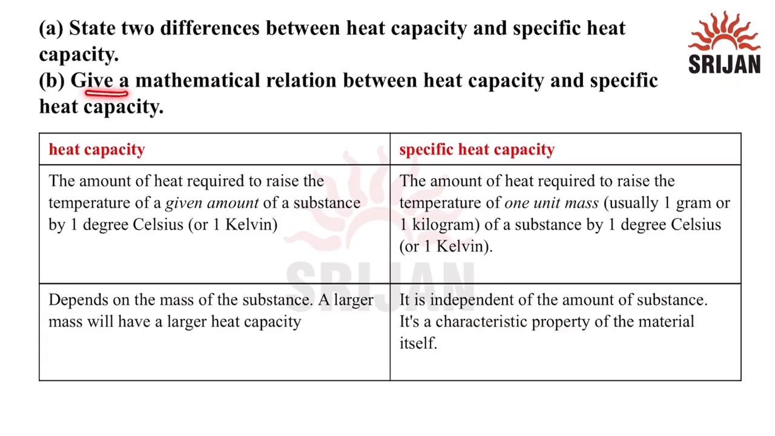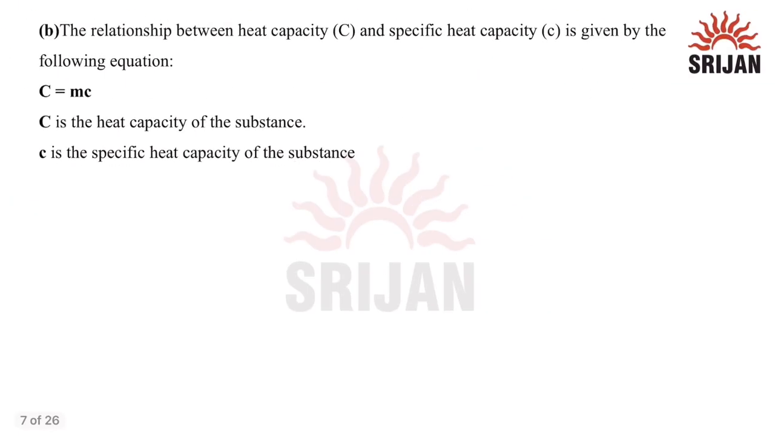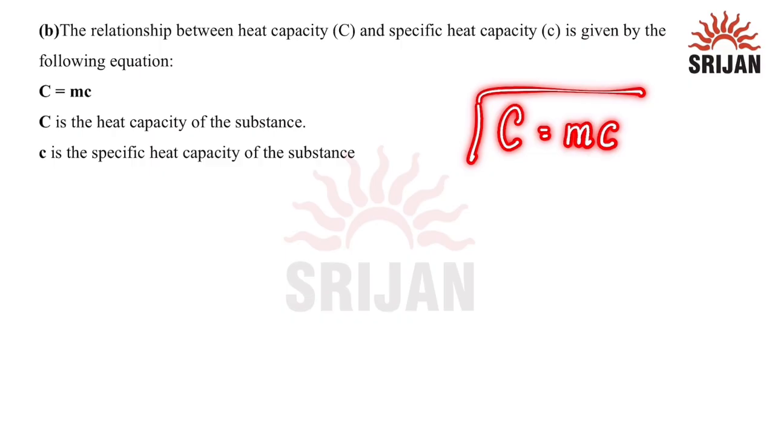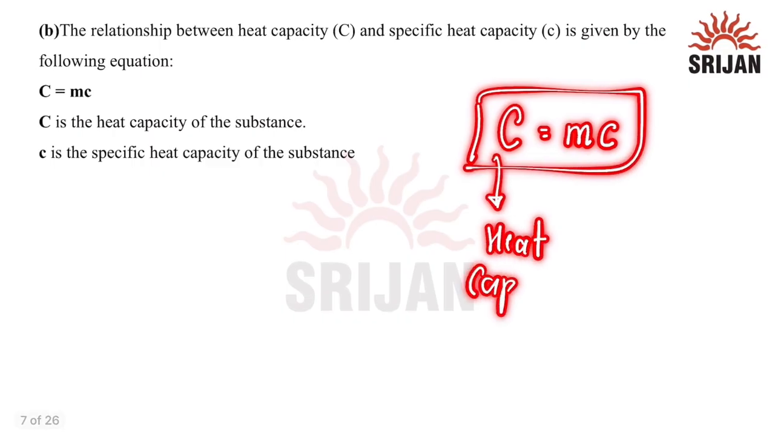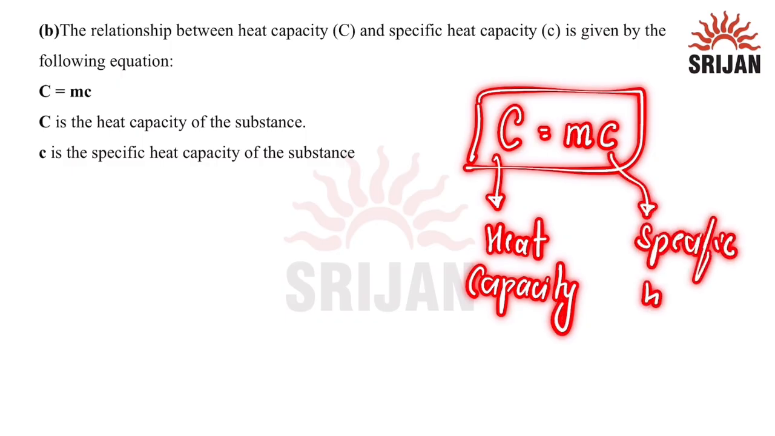Second question is: give a mathematical relation between heat capacity and specific heat capacity. Now, the relation between heat capacity, that is capital C, and specific heat capacity, that is small c, is C equals mc, where capital C is heat capacity and small c is specific heat